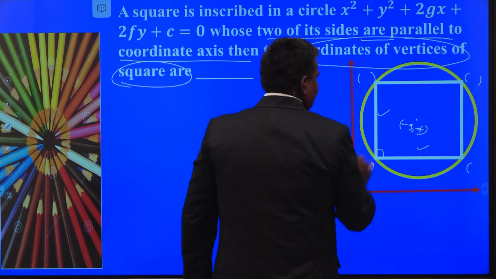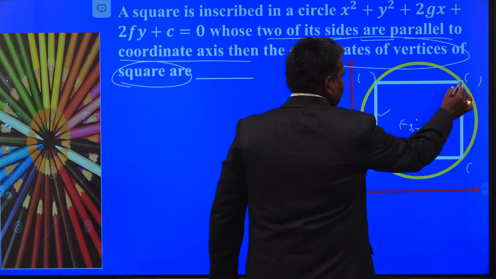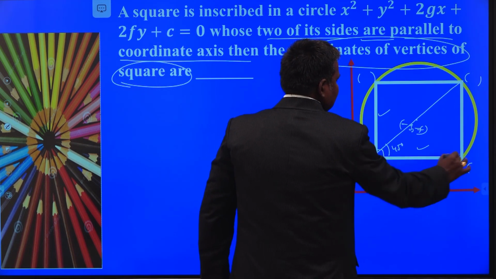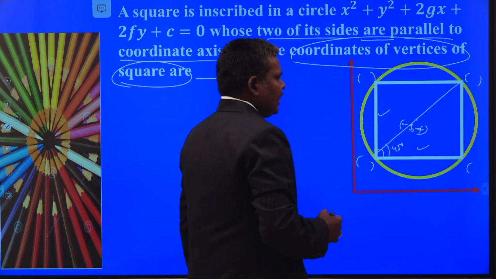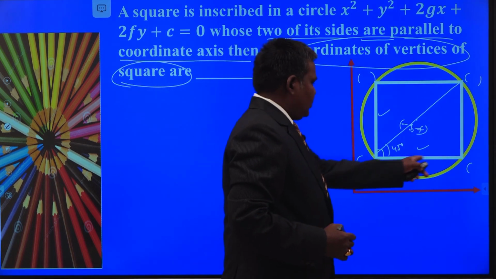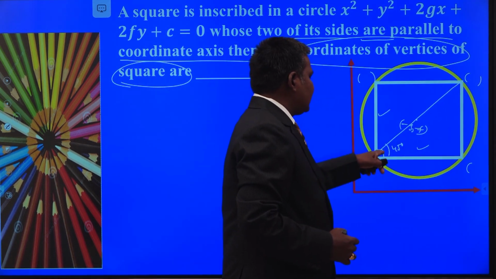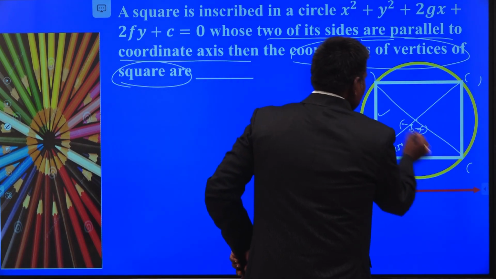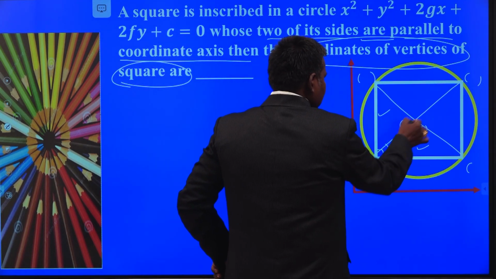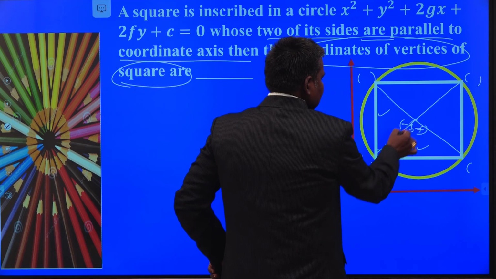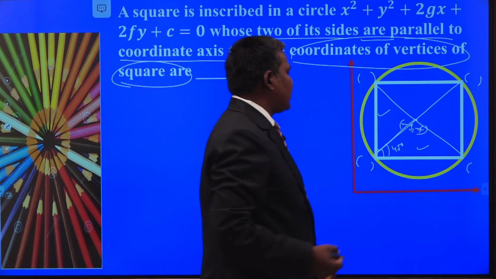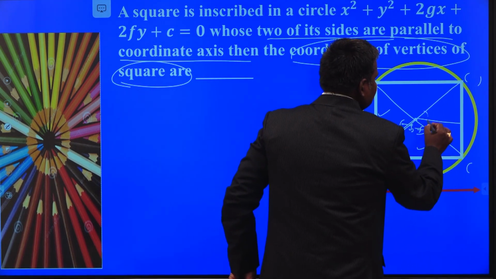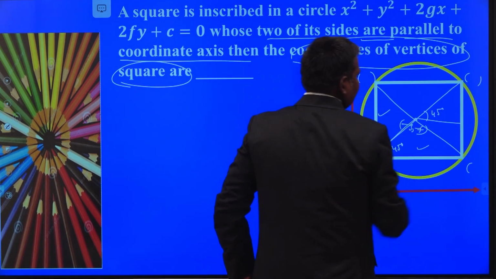All of you know what is the angle here? 90 degrees. If you join like this, what is the angle? 45 degrees, because this is a right angled isosceles triangle. Even otherwise, if it is an isosceles triangle, that will be 45 degrees. This is also an isosceles triangle, so for this isosceles triangle the angle bisector must be 45 degrees. If you join like this, this is also 45 degrees. Am I correct or not?